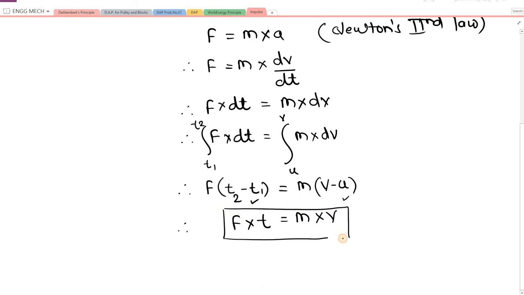And again I want to highlight that f here may be taken as summation f, because in a system there may be one or more forces. Then m can be written as w by g. But basically this is the specific format of the impulse momentum equation, LHS being impulse and RHS being momentum.